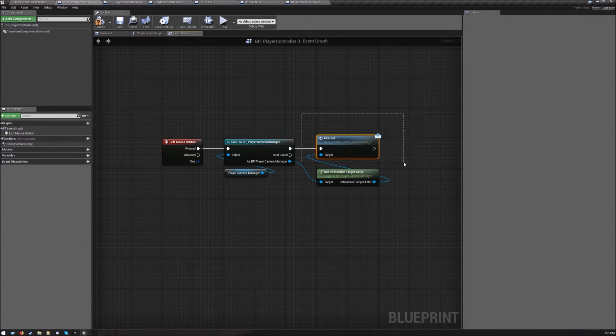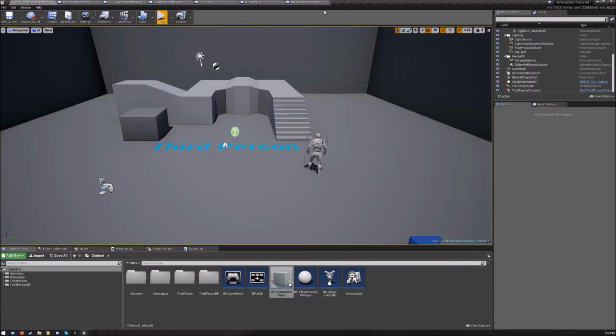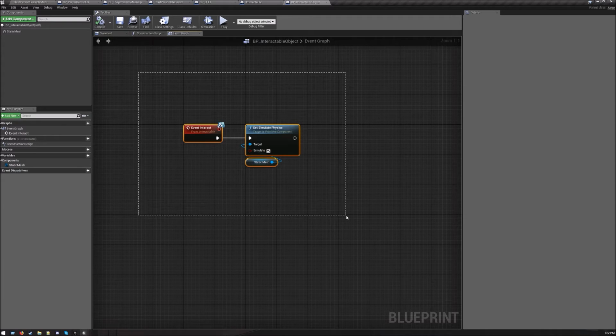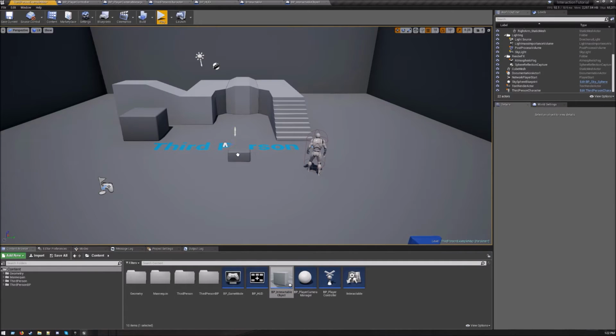And this is an anonymous message, so if we have no target actor and this function is called, then it doesn't really matter, because if that interaction interface is not implemented, then it's not really going to matter. So if we compile that, and remember our interactable object is implementing that interface, and it's implementing that interact function. If we drag that into our scene